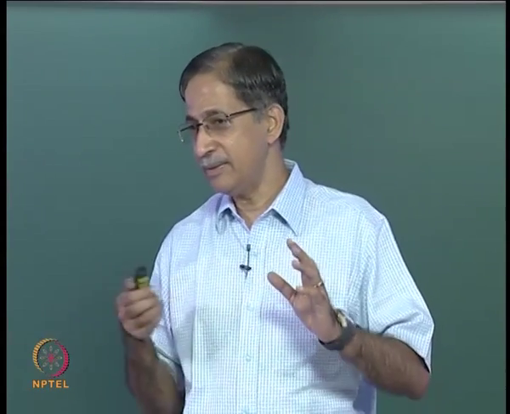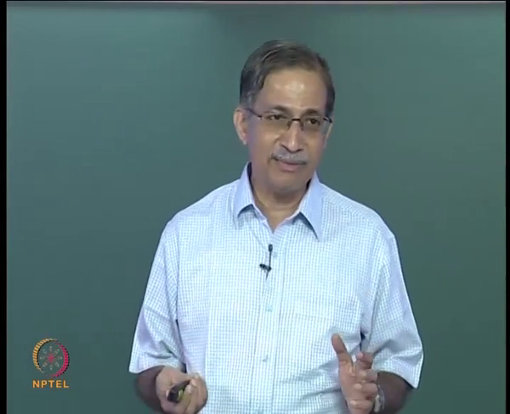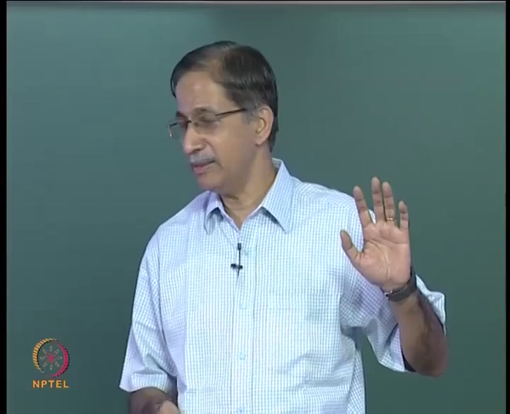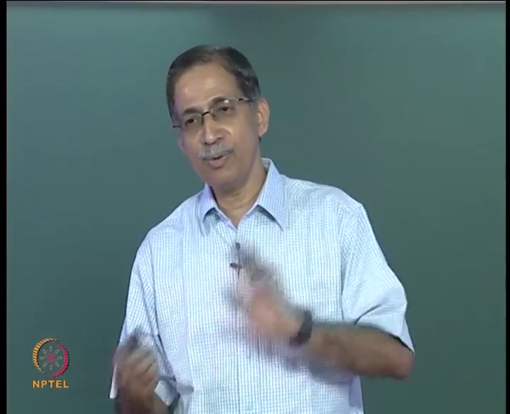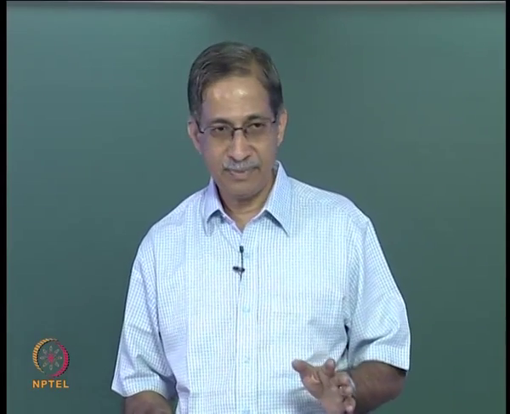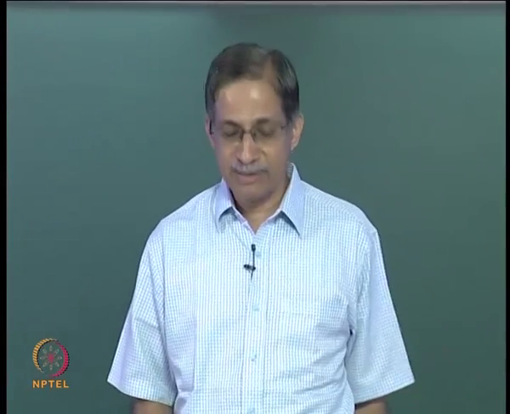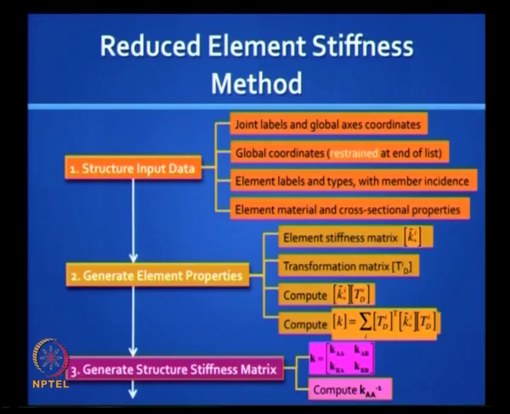You have to pre-multiply the stiffness matrix, whether it is the regular stiffness matrix or the conventional stiffness matrix, by the transpose of some transformation matrix, in this case TD, and also post-multiply with TD. So that is what you do. When you do this, you will get the full stiffness matrix without any effort. So that is to sum up the reduced element stiffness method.